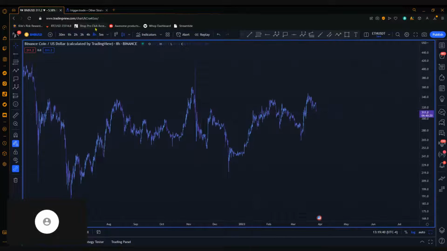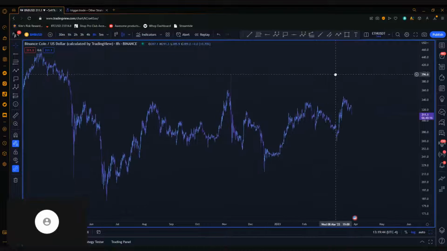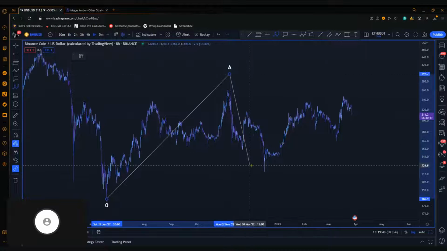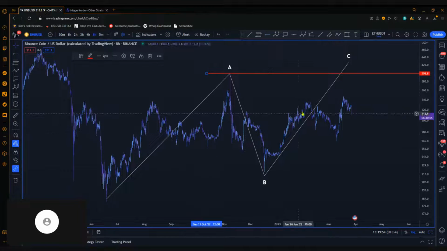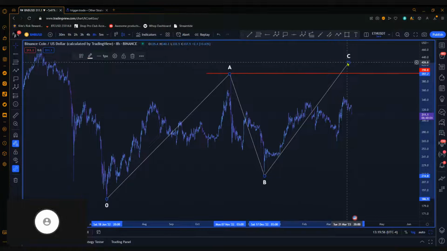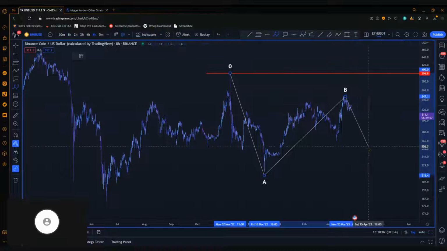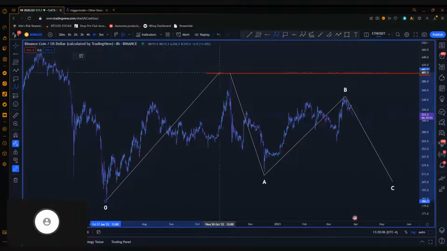Yeah, so let me go over BNB real quick. There are two potential scenarios. One is that we're looking at this as an A to a B to a C, and we're going to come up and put in a higher high. The bearish scenario is that we do not get that higher high, at least at first. We're looking at something like this, A to a B to a C, and then this either becomes a larger AB,